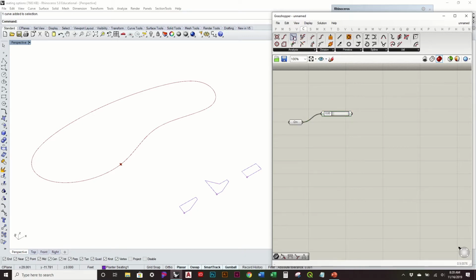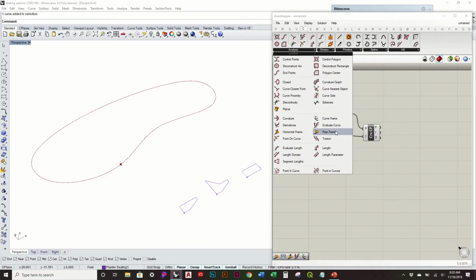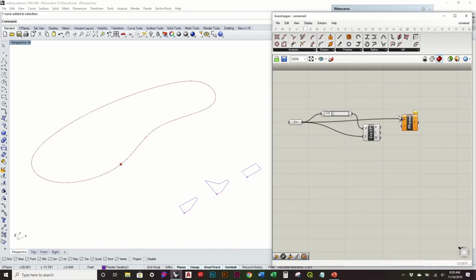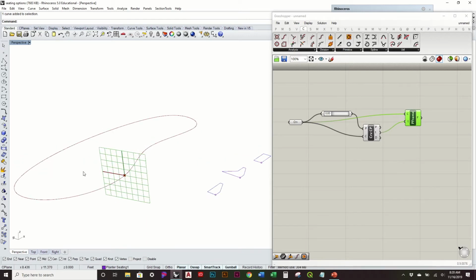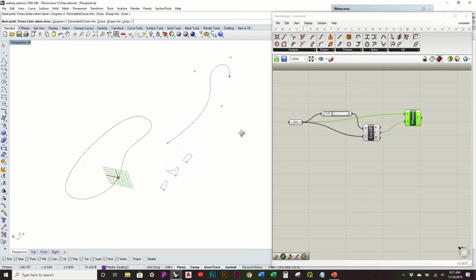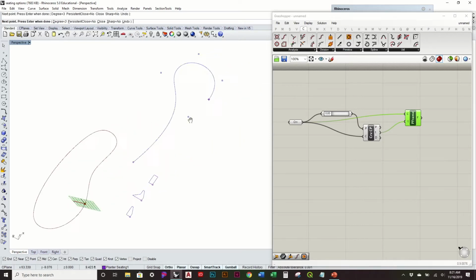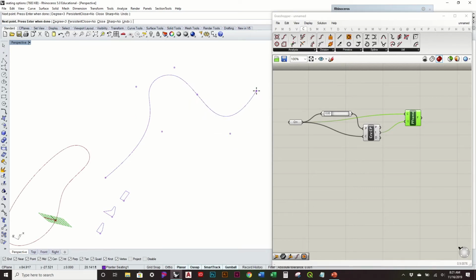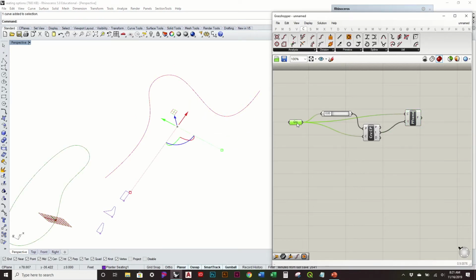So I'm going to use the curve closest point for this. It's asking for the curve and the point. This is giving me my parameter value. And again, we don't want to just jump right into using the perpendicular because I'll show you what happens. Right now the red is to the left, green is going up. If I decide to use maybe just a single rail curve, and I reference this one now,